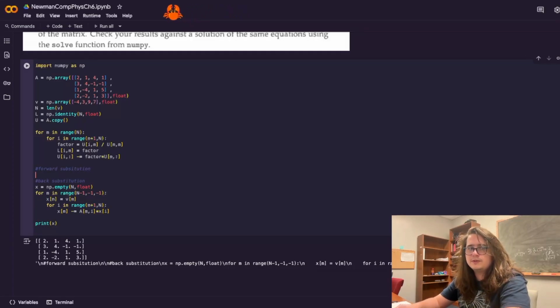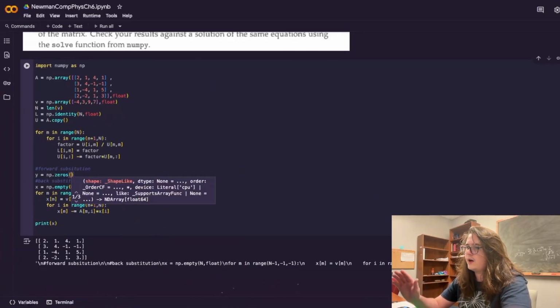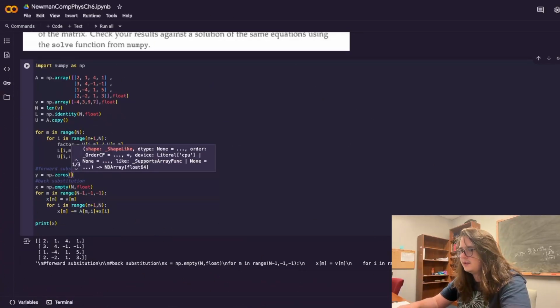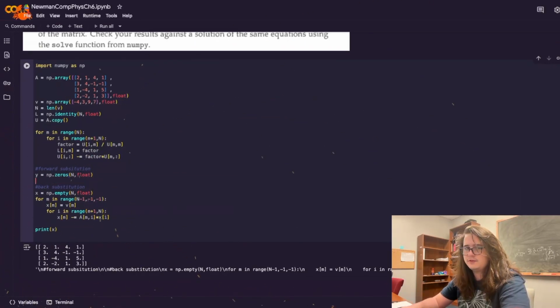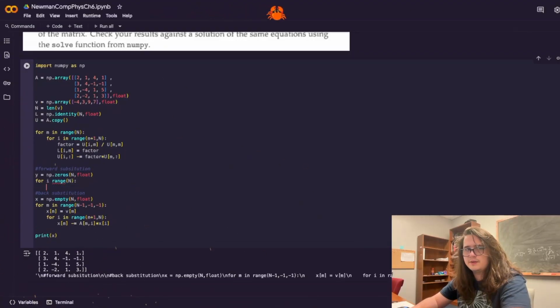So for the forward substitution, you have to create a new vector called y. This is the one that's going to be solving the equation L dot y equals x. It's going to have the same size as x. It's also going to be a float array. You run over the values of n, and you just make it so that y